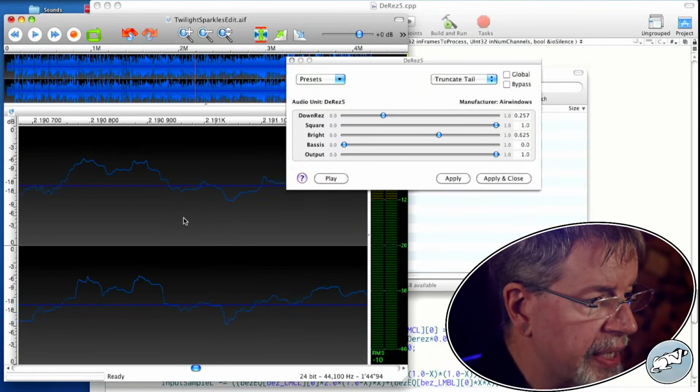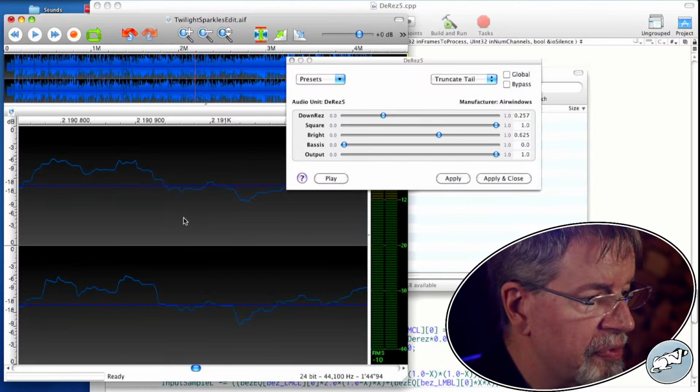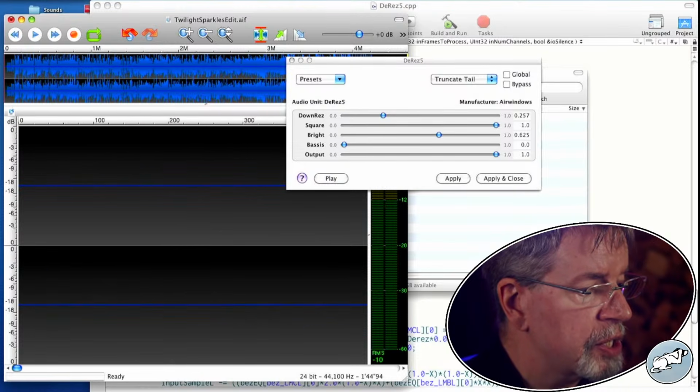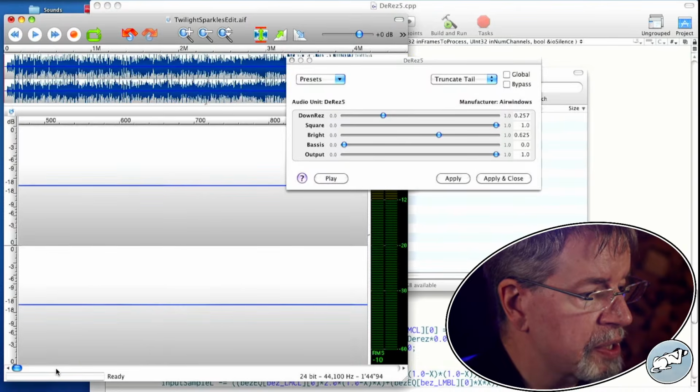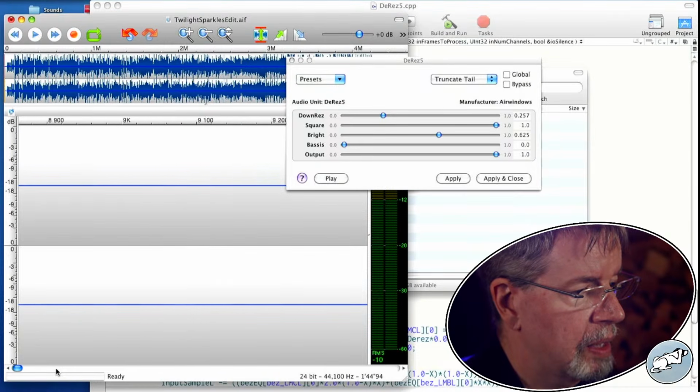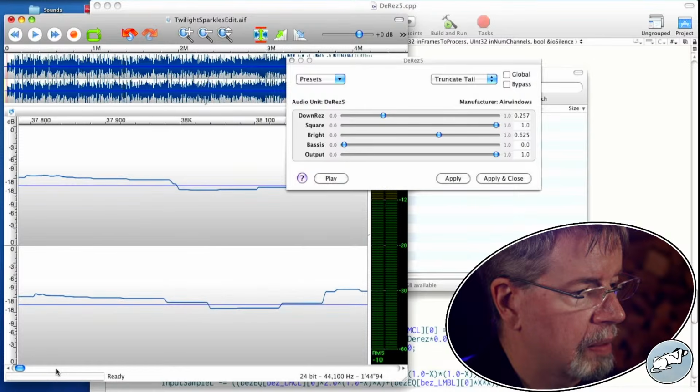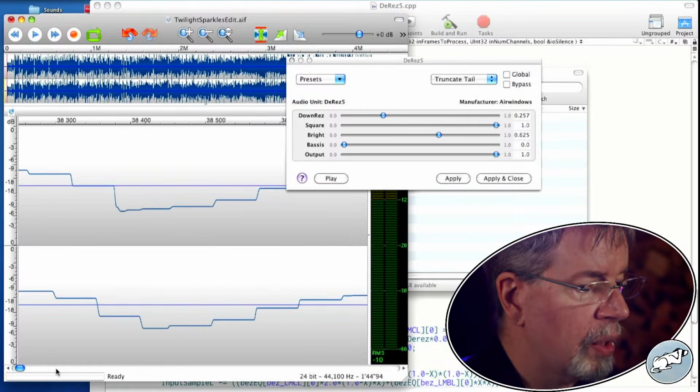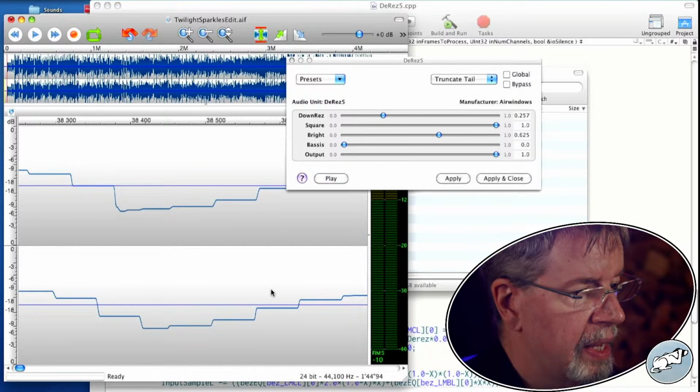Well, the filter is engaged, so we kind of see that the filter is engaged there. That very first bass stuff should be doing something though. Oh yeah. I can see how that is engaging.